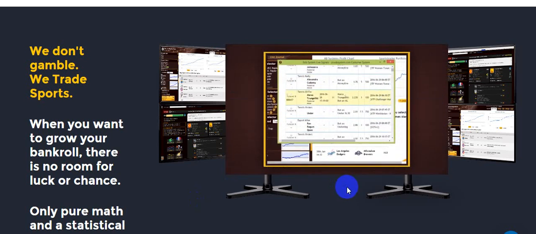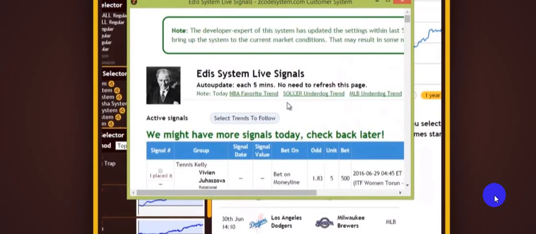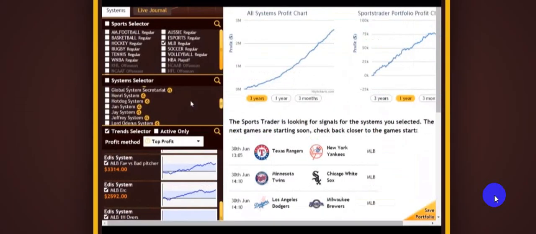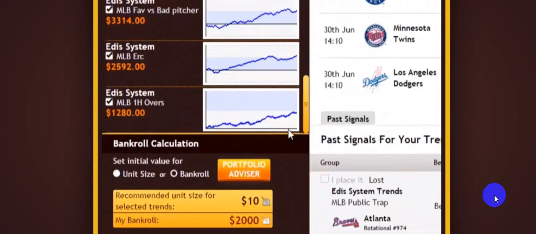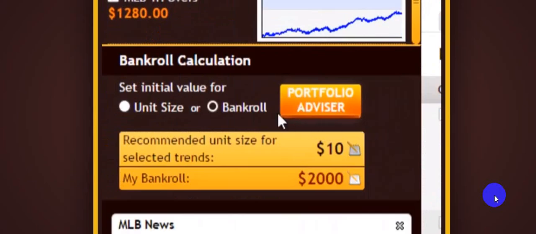Trends that we can follow. Now, like we said earlier, if you don't know much about sports, the main thing to remember is that you just have to manage your risk appropriately based on your bankroll. And that's where the Portfolio Advisor tool comes in handy. It'll help you create your own portfolio of sports systems based on the combination of more than 200 winning systems